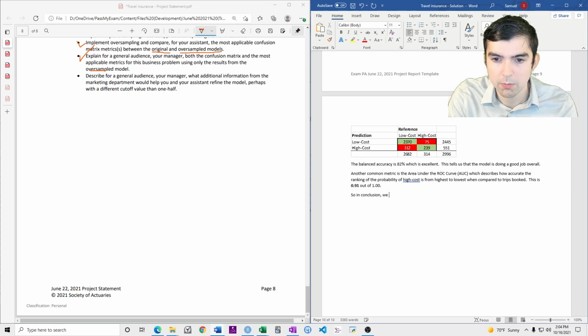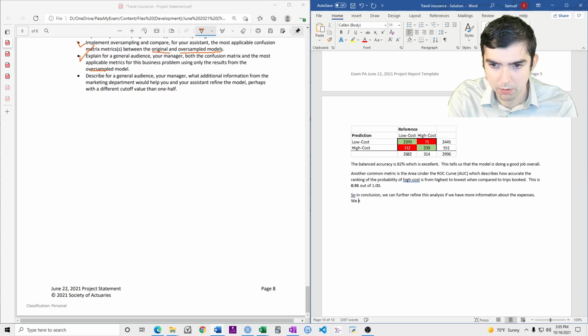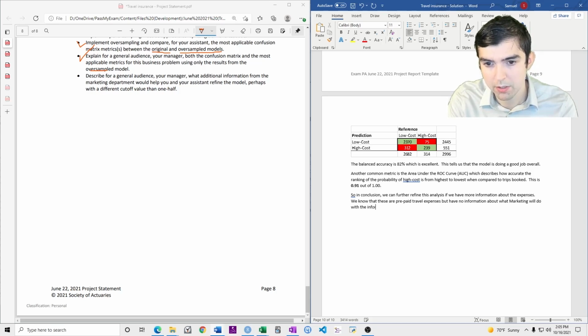So in conclusion, we can further refine this analysis if we have more information about the expenses. We know that these are prepaid travel expenses, but have no information about the costs, about what marketing will do with the information.